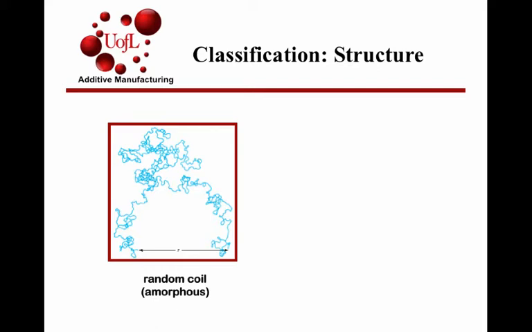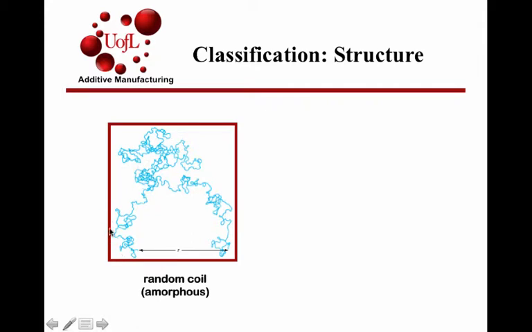How do you tailor a polymer so that it can be 3D printed? The answer to that question lies in the broader context of how do you tailor any polymer for processing by any method for any given end function. So, for instance, take the natural state of a very high molecular weight polymer material which exists as this random